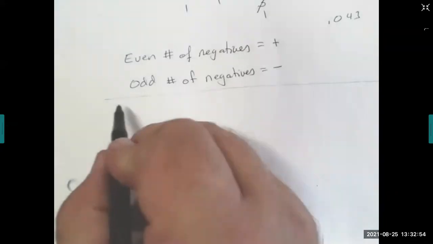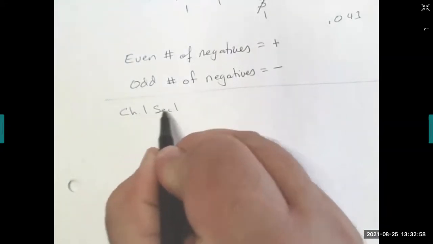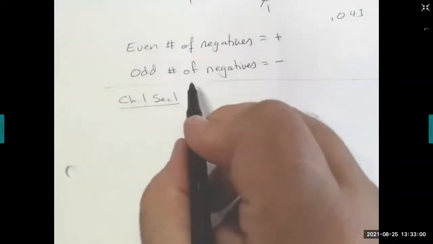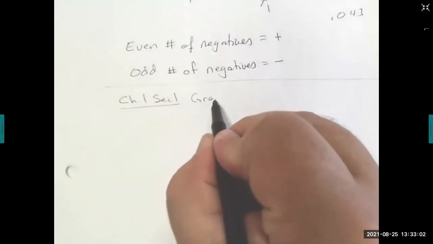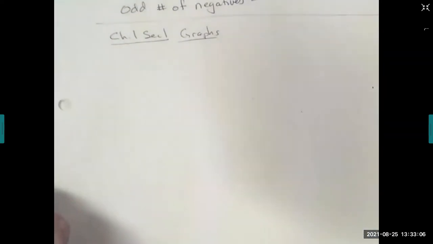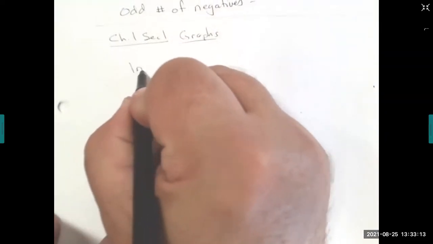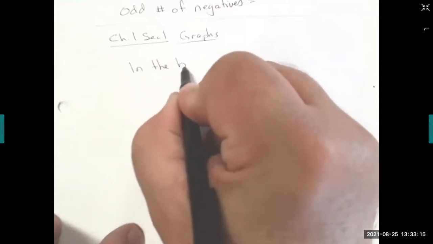Okay. So let's look at chapter 1, section 1. Graphs. It's easier than you think. All right, here's how we begin this. In the beginning,